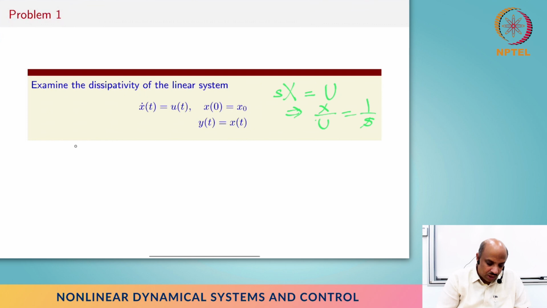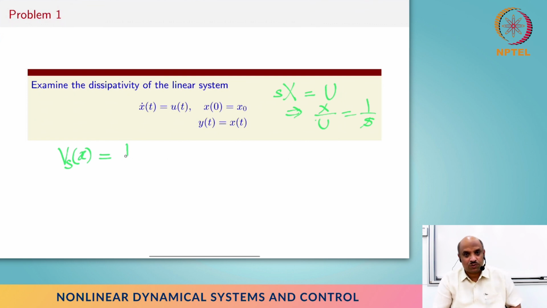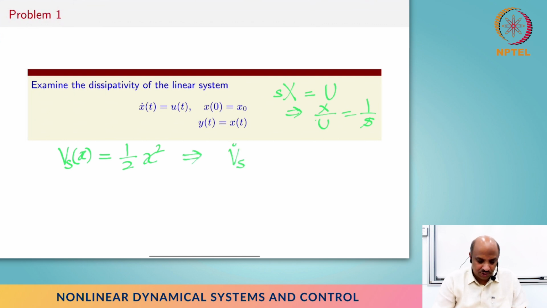Okay, so I am going to take a guess and pick this very creative half x square. We always start with half x square. There's nothing so drastically creative about it. It's a very standard thing to do, and we take the derivative of the storage function on the trajectory, right? So that's nothing but x times x dot, which of course is xu. So what we have is V dot is equal to xu, and of course this shows that